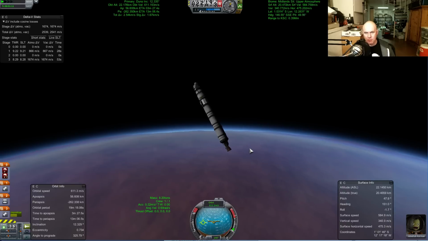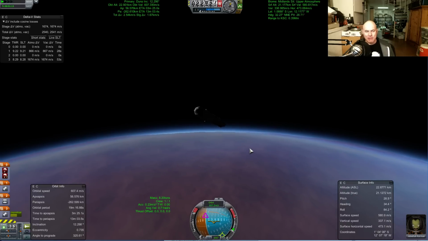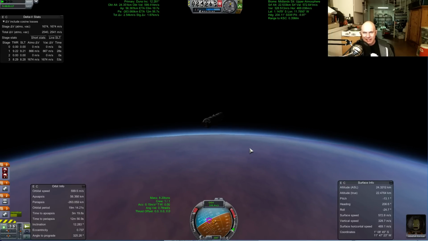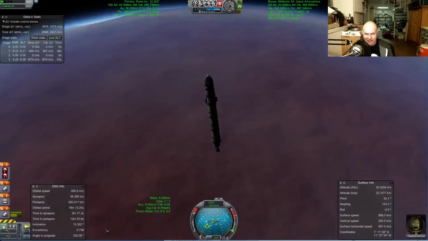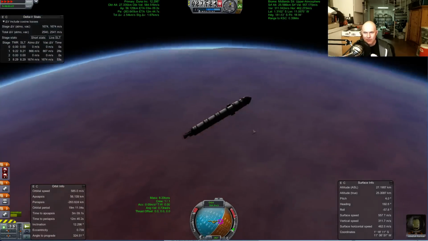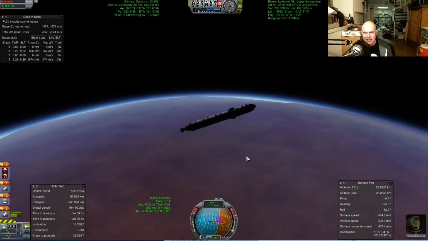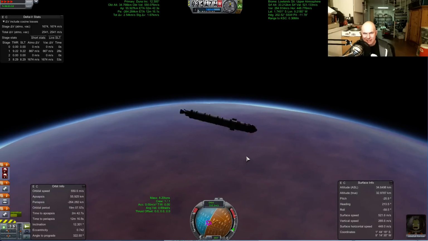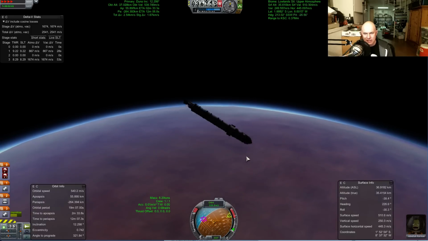More boosters? People, we don't need more boosters because we're in Duna. It's so easy to get into orbit here. We'll just let this thing spin. 1, 2, 3, 4. Yeah, that's the Scatterer settings. It's using the wrong planet settings. We're just making it unrealistically...